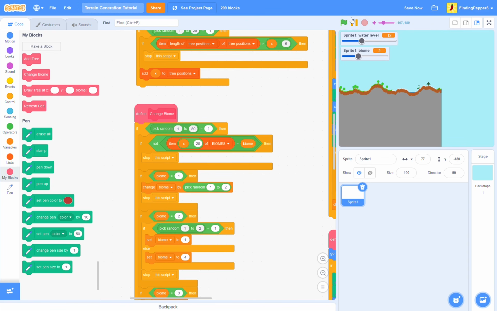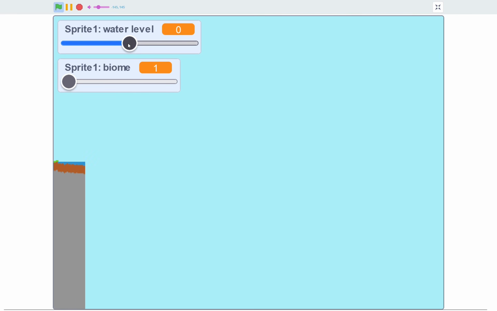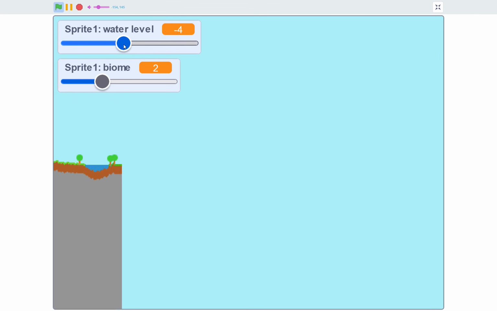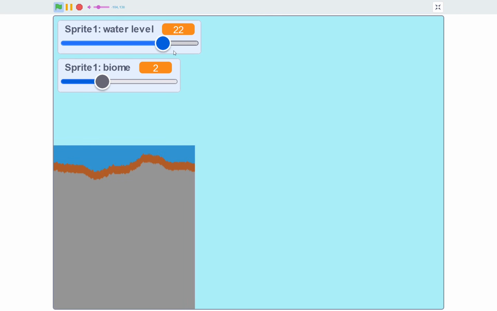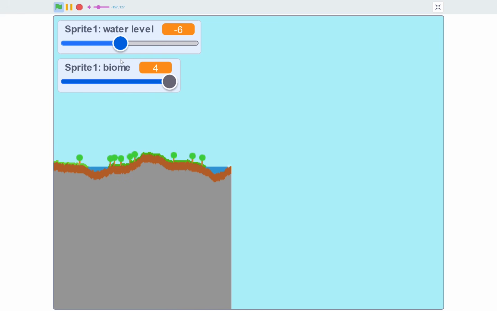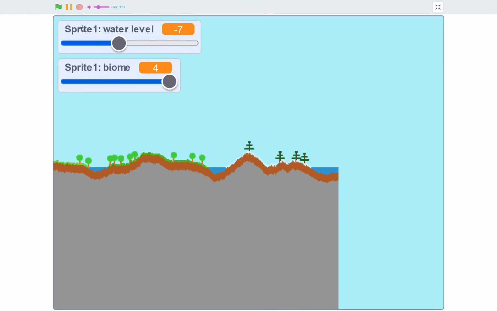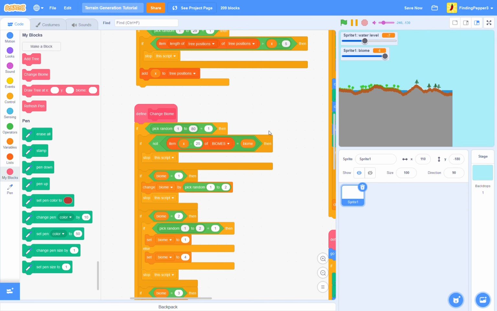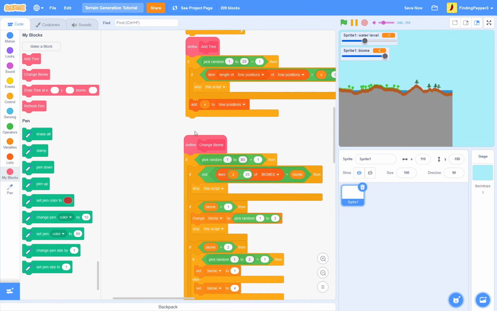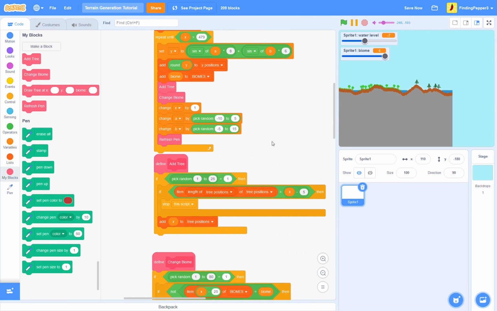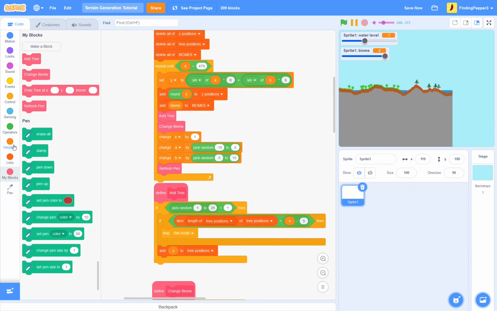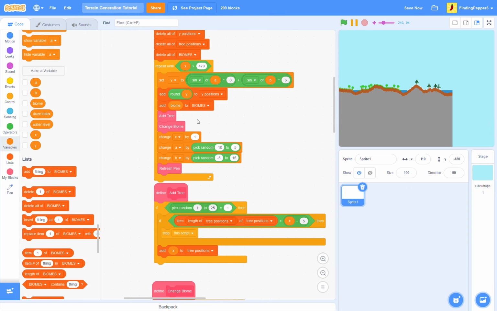So there's only one thing that I want to do, and that is to have this water level automatically adjust, because right now having to slide the water level as you go is kind of annoying. And I also want this to be able to update automatically, as much as possible. I don't want the user to have to change it when it's generating in the future. So it's kind of fun right now, but I'm going to hide these variables